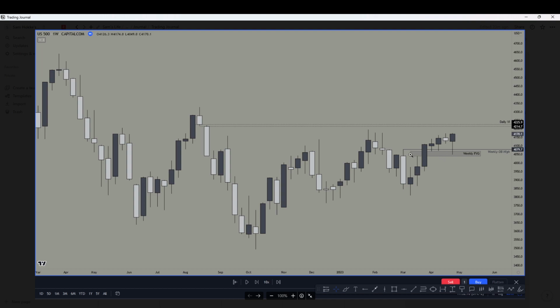And we could see that we still had a discount PD array here. Why is this a discount? Not because we are not measuring it from here to here, but we have to look at the latest range that is being encountered, and that's from here to here, and then we will have 50%. So eyeballing it right now at the moment, to be honest.